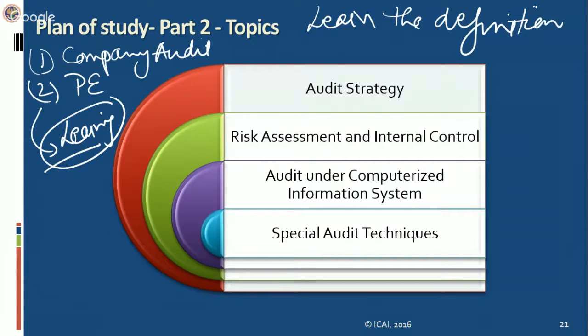Whatever definitions you come across, for example, definition of internal control, definition of risk assessment, definition of audit strategy,